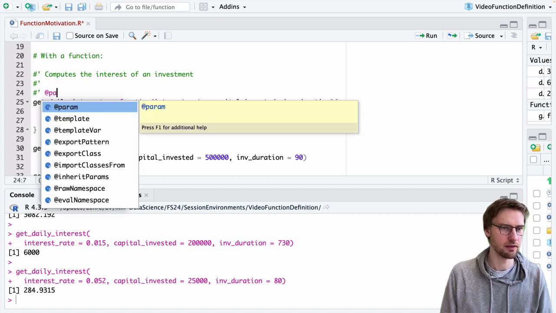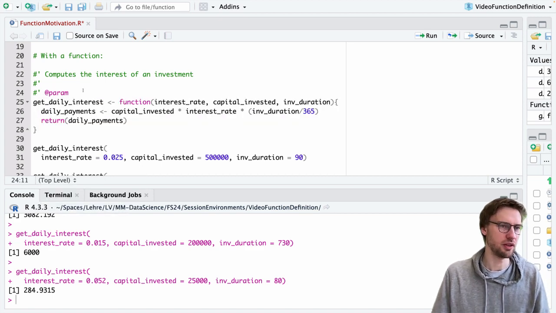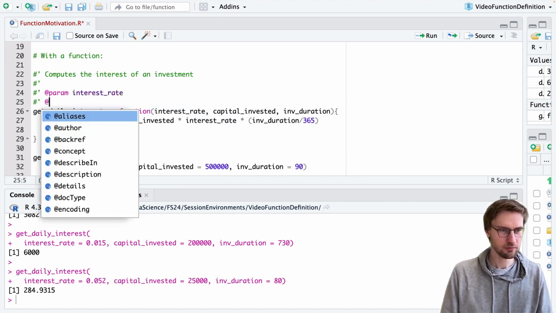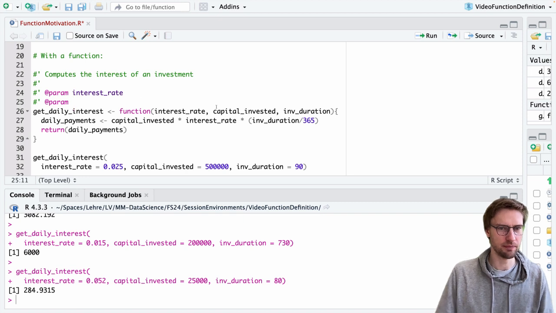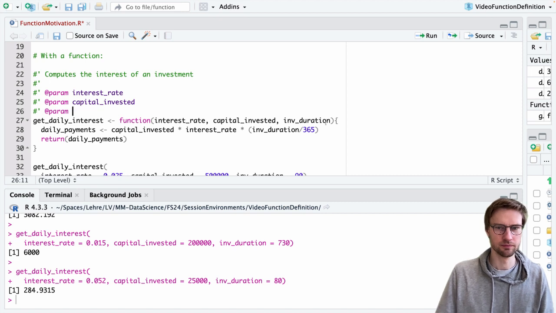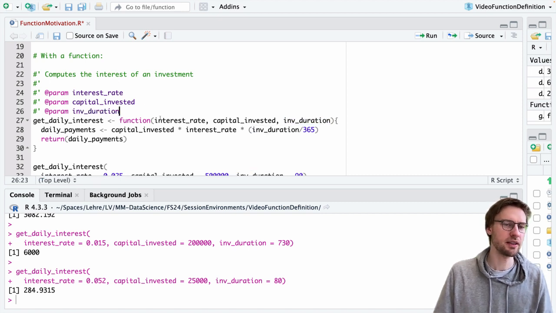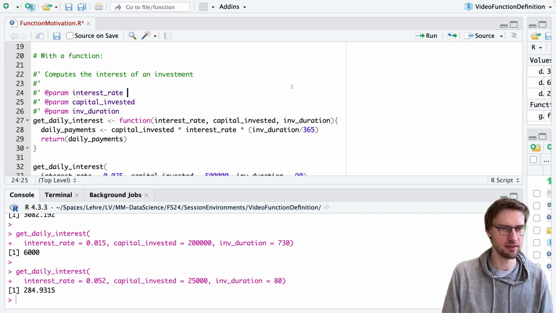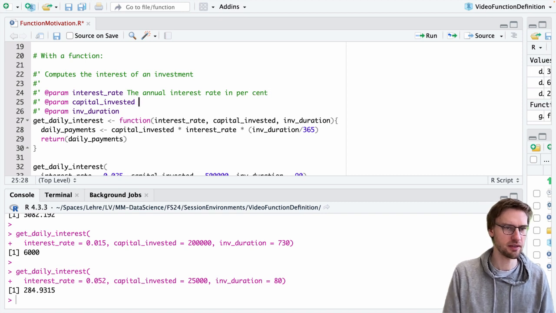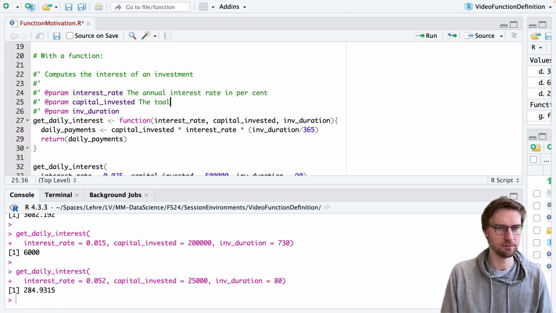There is the convention to use @param, and then to add the name of each argument to the function. And then to quickly describe what this parameter is about. Right? In this case here, it's the annual interest rate in percent. Here we have the total